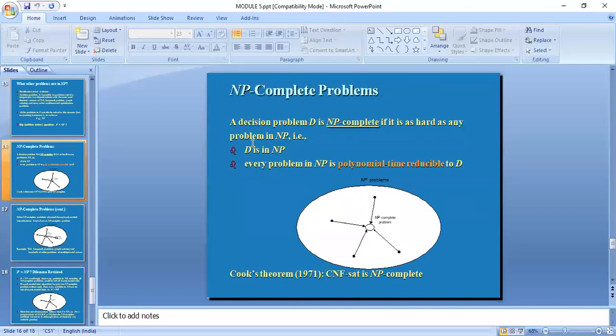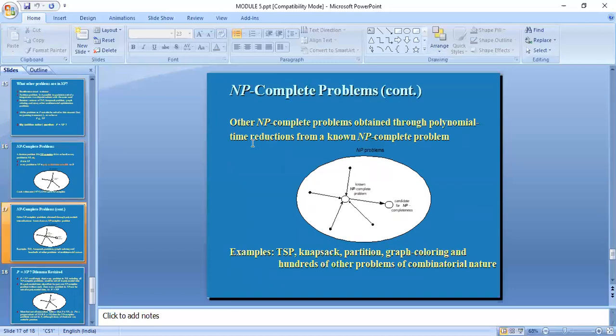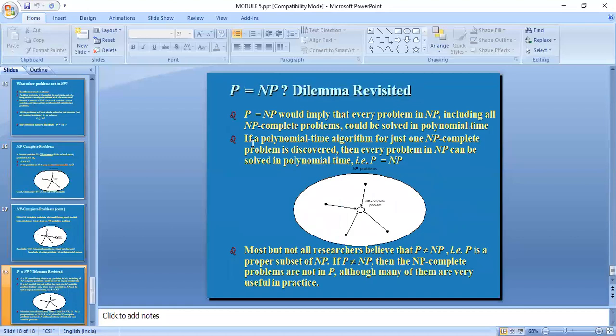where it is used for practical implementation. So whenever you have an NP complete problem, you have to first check whether D is in NP, and every problem in NP is going to be polynomial time reducible to D. Other NP complete problems obtained through this polynomial time reduction from a known NP complete problem can also be taken. For example, the traveling salesperson and knapsack problems, all these problems we can easily identify. Whether P is equal to NP, you can search some articles on this,